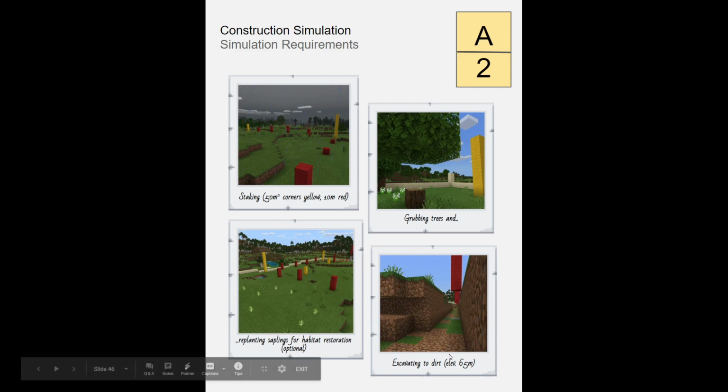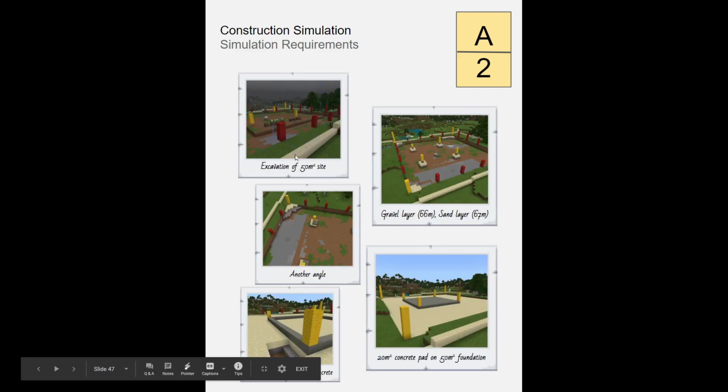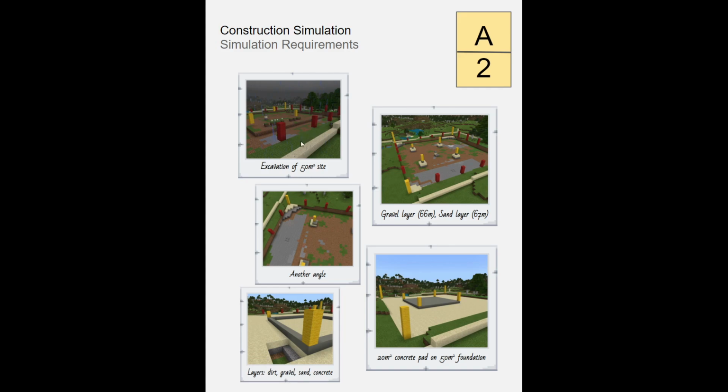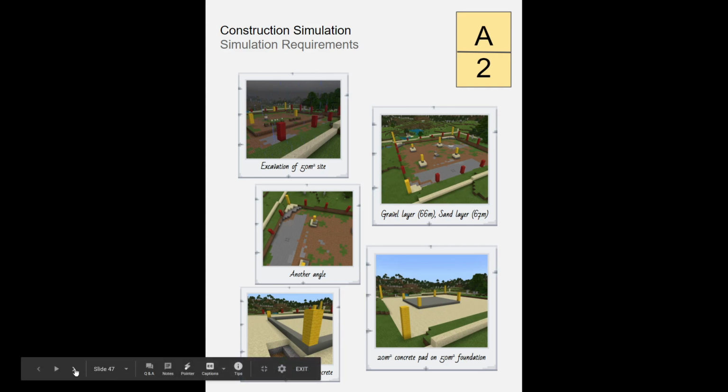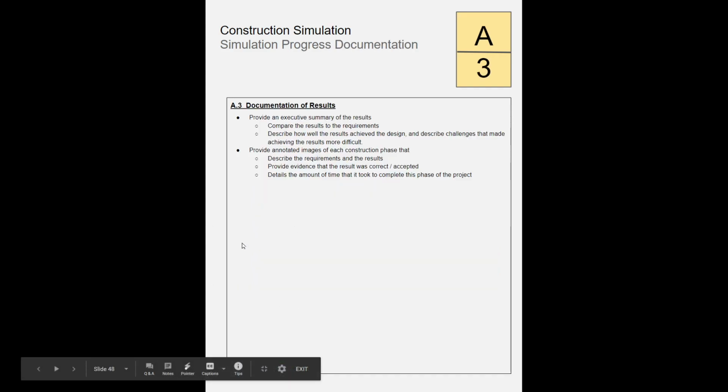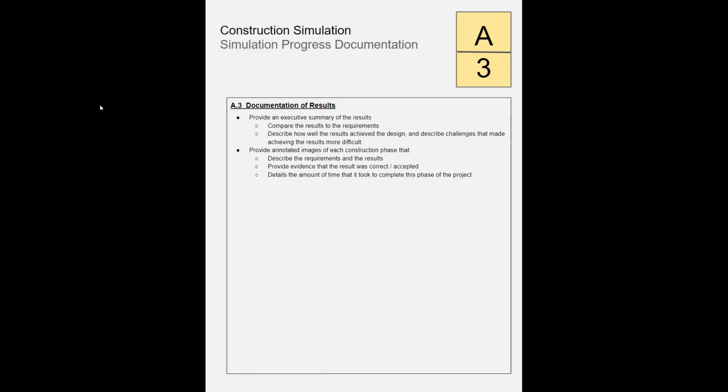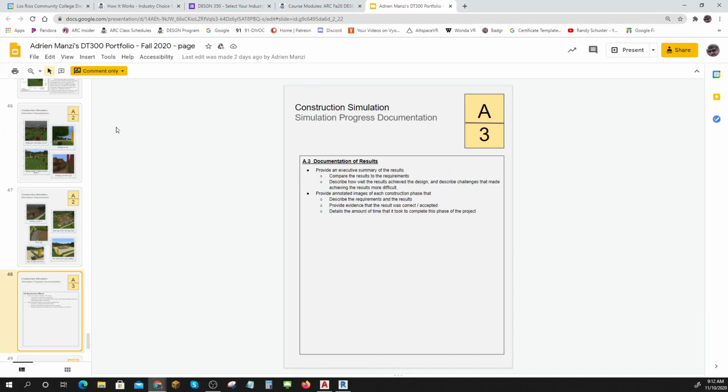There was excavation down to an elevation of 65 meters. And then replacing a layer of dirt. So here's the excavation of the site. Here's the gravel layer being put down. Here's the dirt layer, the gravel layer, the sand layer, and then on top of the sand layer, the concrete layer. So pretty cool, right? And then there will be more to come. So if you would like to do a reverse job, I will give you